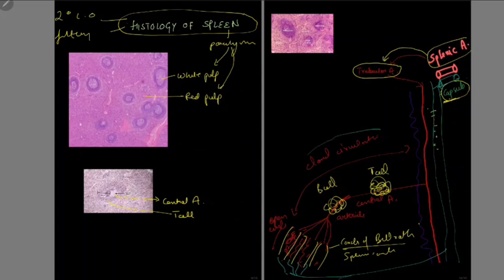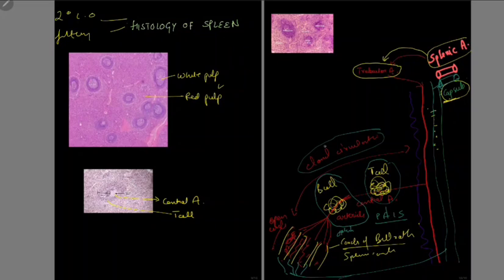Now this part of closed circulation, which has the central artery surrounded by T cells, is the periarteriolar lymphoid sheath, and another group of B cells surrounding a central arteriole is the splenic follicle or lymphatic follicle. So white pulp is the part that consists of the closed circulation, and white pulp has the periarteriolar lymphoid sheath and the splenic follicle, and both form a part of immunity via cell mediated immunity as well as humoral immunity